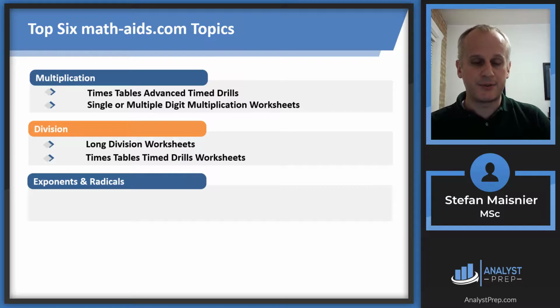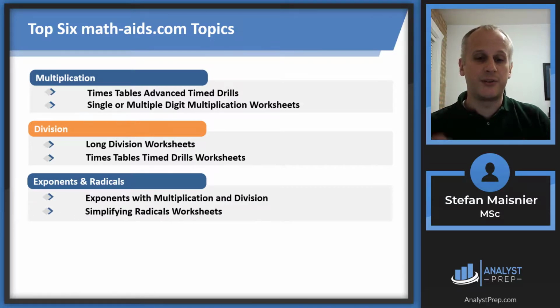Then, exponents and radicals are definitely going to be relevant topics. First, work with some exponents with multiplication and division. That'll allow you to remember how to manipulate exponents manually. And you'll also want to work on some simplifying radicals worksheets. So remembering how to pull out perfect square factors and simplify something down, like, say, determining the square root of 72 is going to be 6 radical 2, because the square root of 72 is the square root of 36 times the square root of 2,